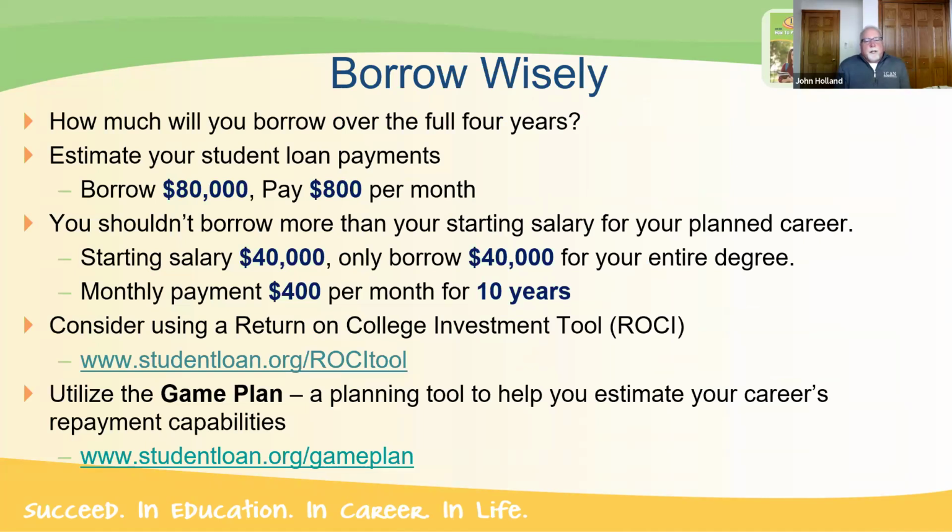There's lots of words on this slide, but basically it hopefully suggests to the student that they borrow only what they need. So students should not borrow more than what their first year starting salary is going to be once they graduate from college, given what their expected employment will be. In the middle example, the student borrowed $40,000. That's how much they were planning on earning, hopefully, when they graduated from college. If they borrowed 40,000, their monthly payments would be about $400 a month,